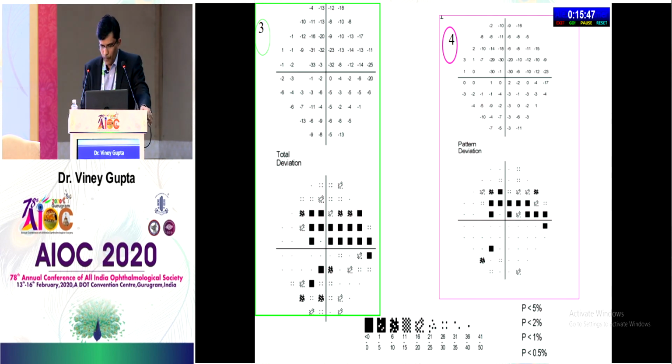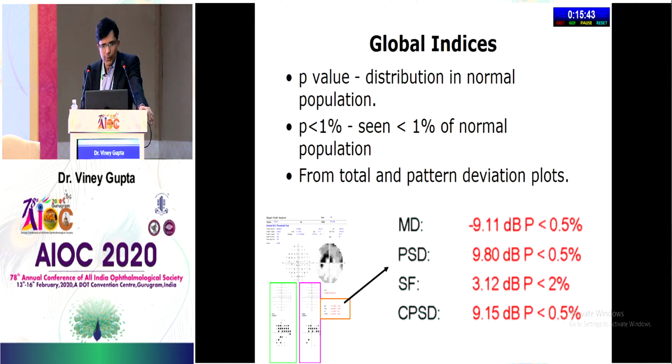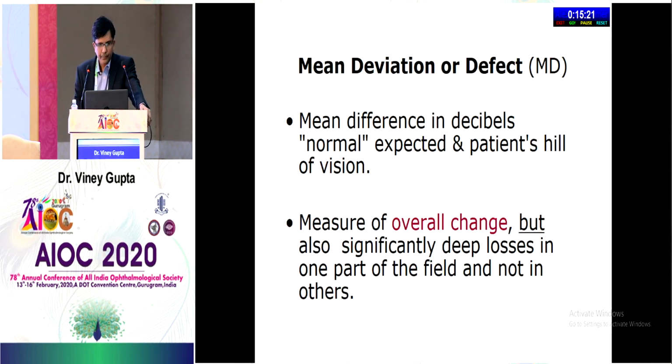Okay, these are all the threshold values which you can also look at. The most important thing you have to see is the mean deviation and the pattern standard deviation. The mean deviation tells you to what extent it is abnormal compared to the normal population, and this value of 0.5% will tell you to what extent that p-value is abnormal, right? Similarly with the pattern standard deviation. It's the same as mean and standard deviation for any person.